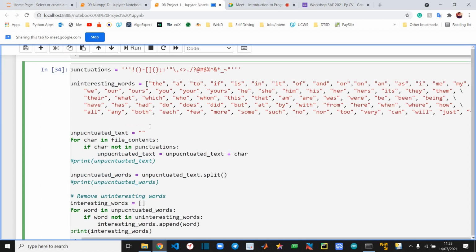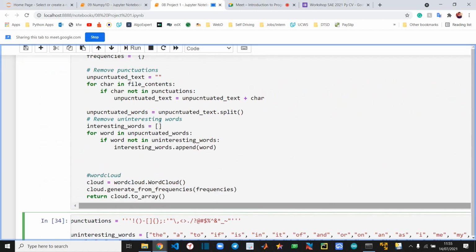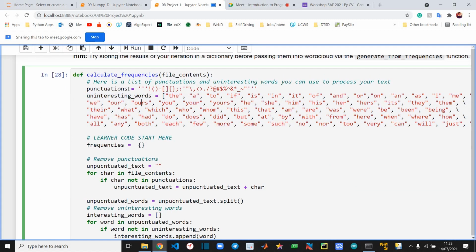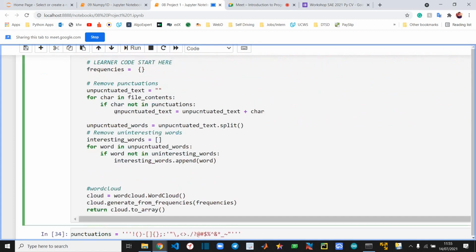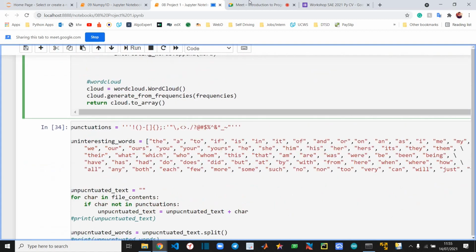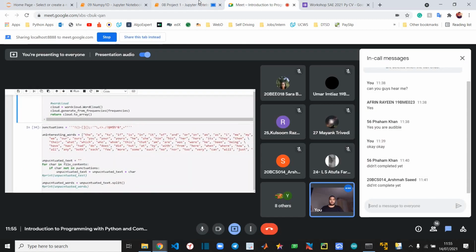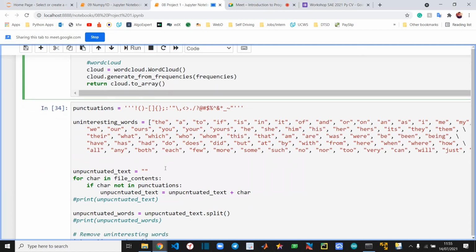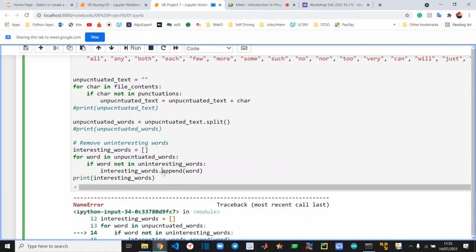Why is this not available here? Why were these two not available here? Think. Food for thought.